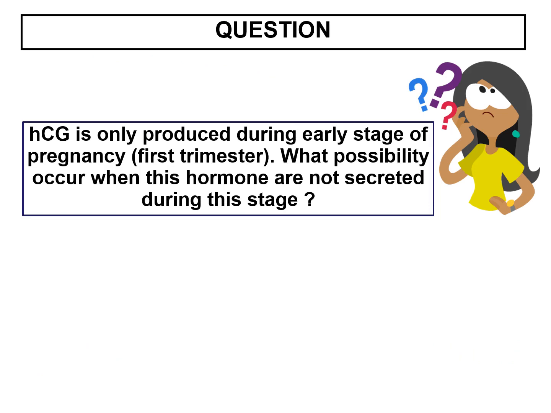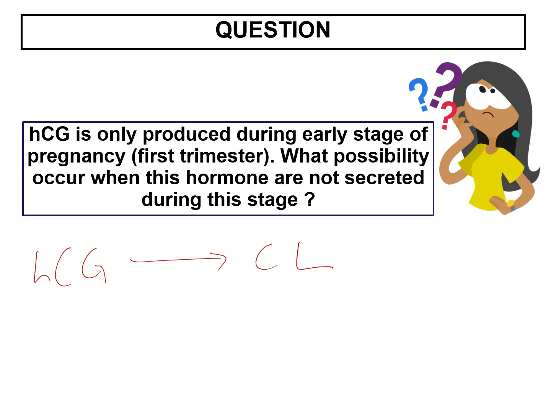HCG is only produced during the early stage of pregnancy. What possibility occurs when these hormones are not secreted during this stage? So it is related to what the purpose of HCG is, or what the effect of HCG is. The effect of HCG is to maintain the structure of the corpus luteum. Okay, HCG,